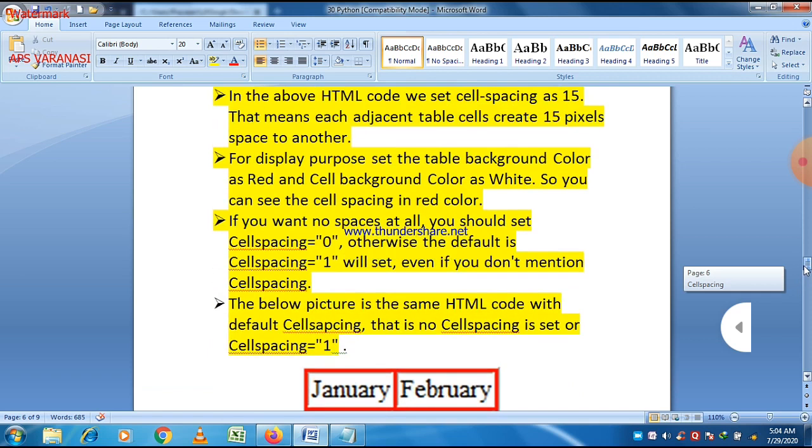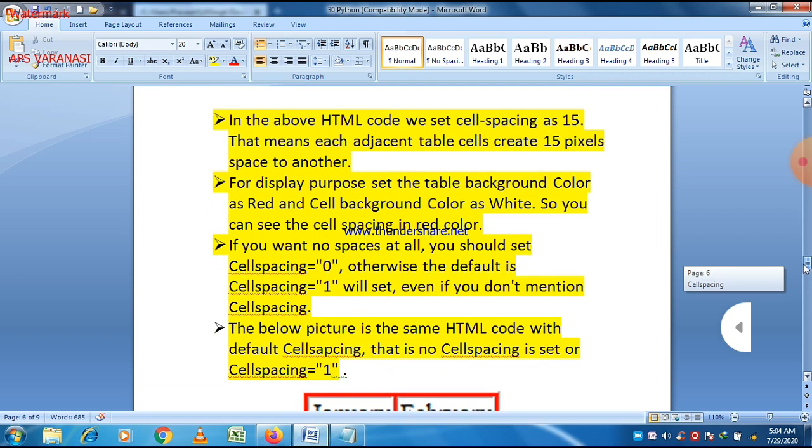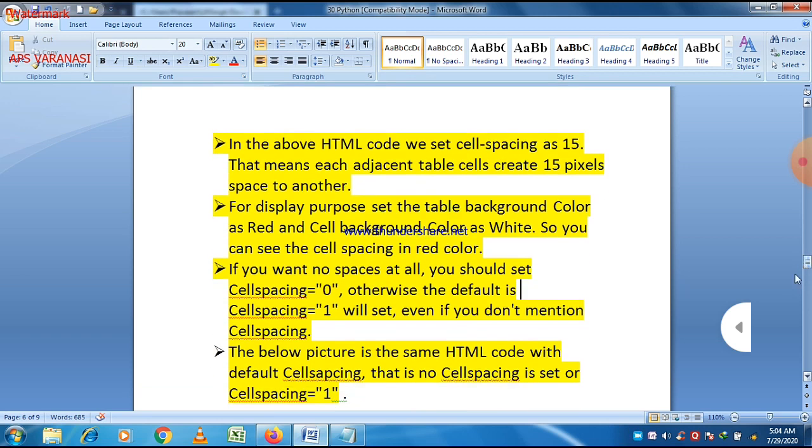So these are some important points here, and always remember that default cell spacing is 1. This is a very important question as far as multiple choice questions are concerned. It is asked in MCQs. The default cell spacing is 1. And if you don't want to put any cell spacing in a program, just mention cell spacing is equal to